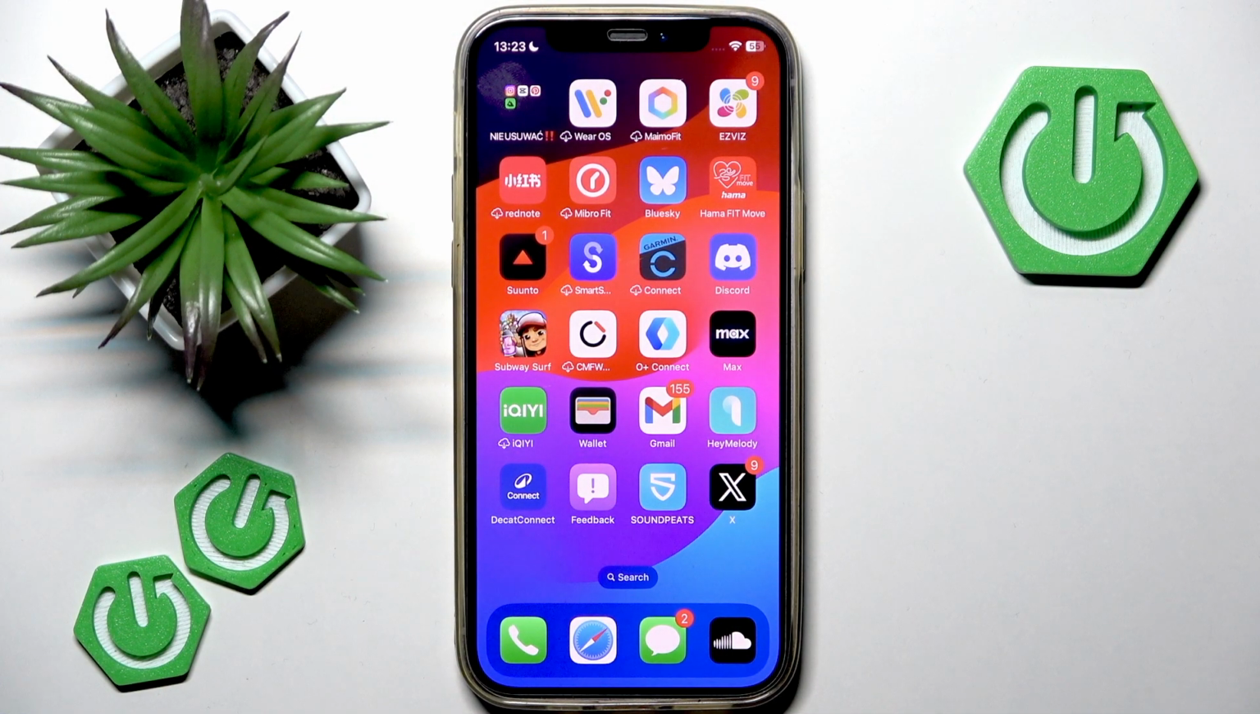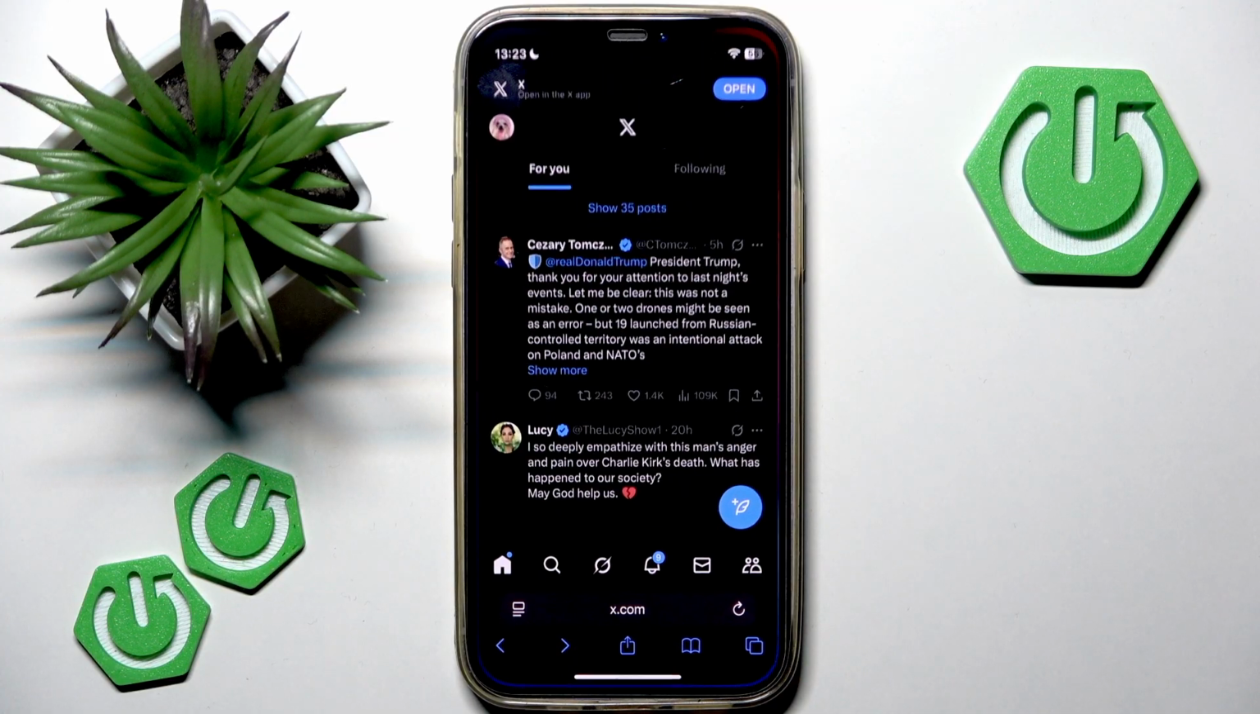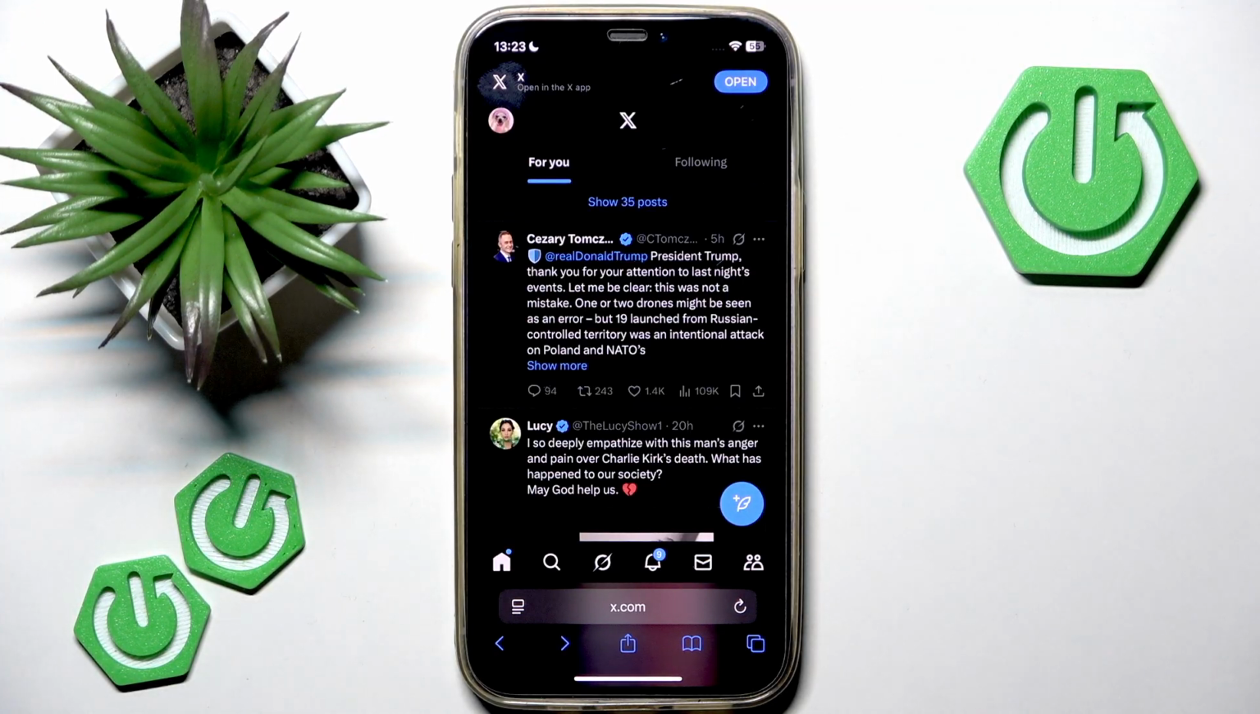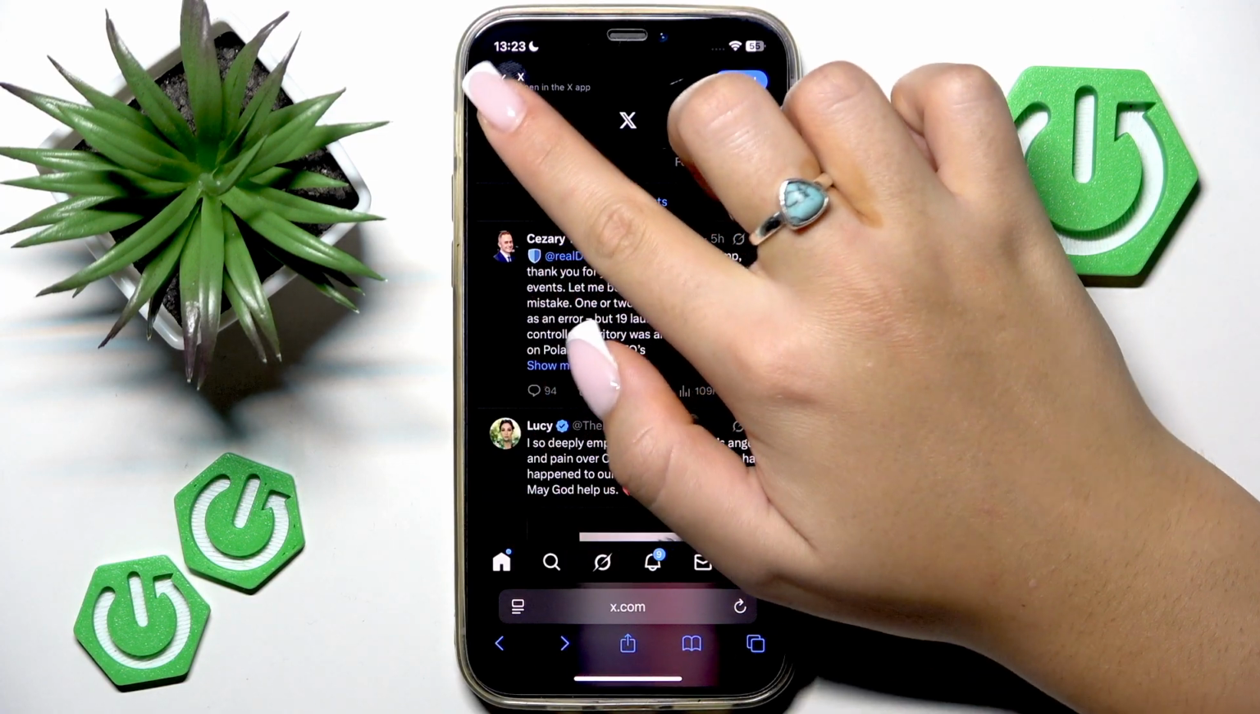So to do this, you will need to use your browser because actually my X application does not support that option. So if you have that problem as well, then use your browser. So sign in to your X account, and now you want to tap your profile picture in the top left